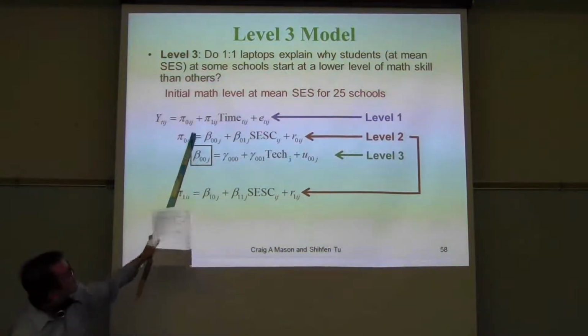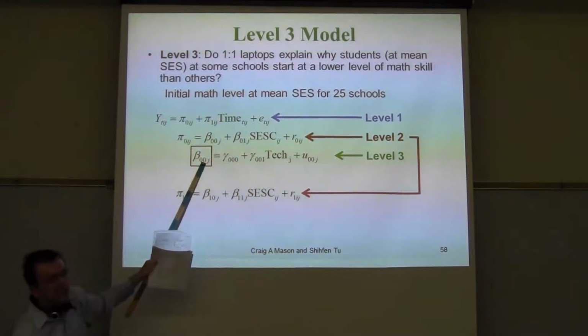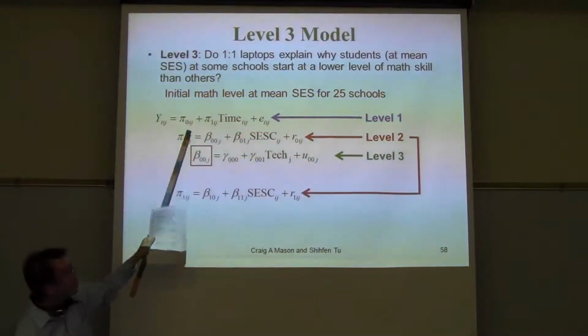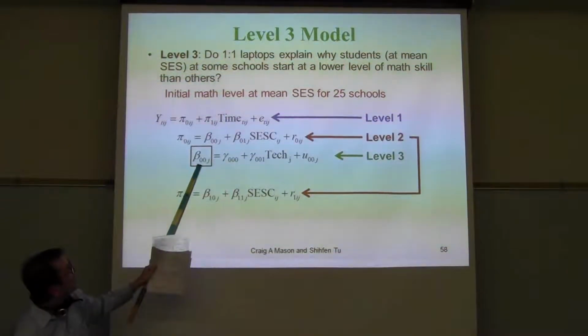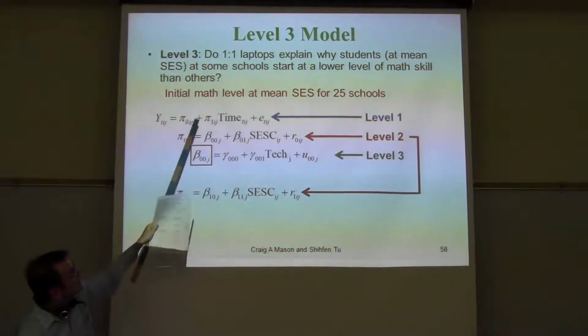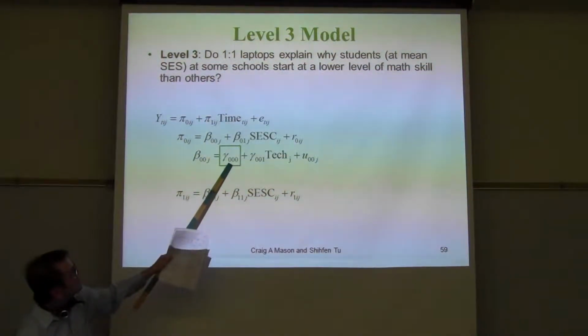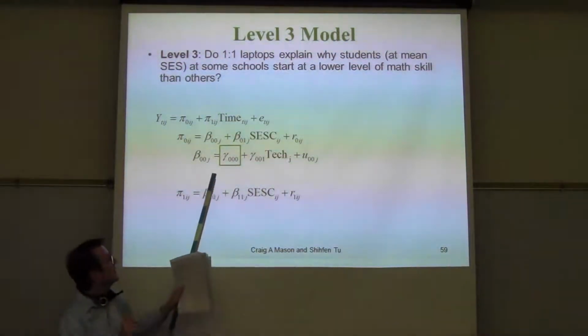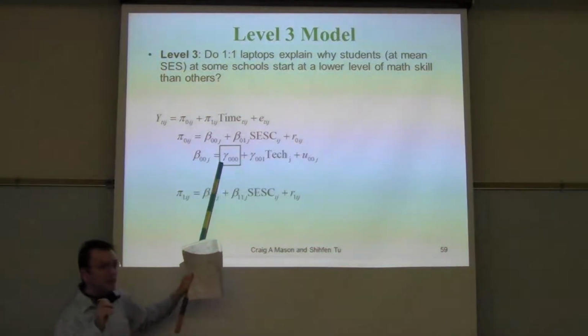That's that initial math score for students at the mean SES. Boy, that's why you really want to write these down, so you can literally cut and paste to keep track of that. That's our initial math level at the mean SES, and now I'm predicting it. Gamma 0, 0, 0, now it's gamma 0, 0, 0,